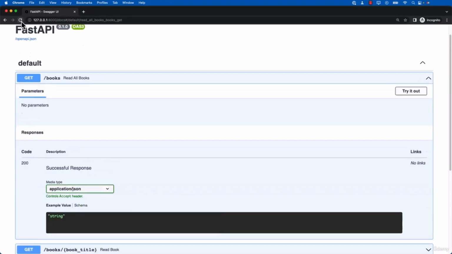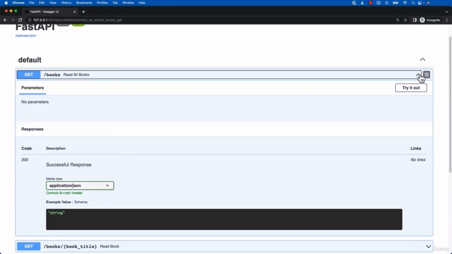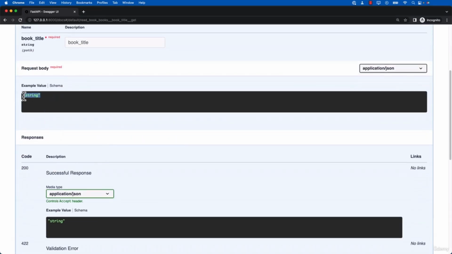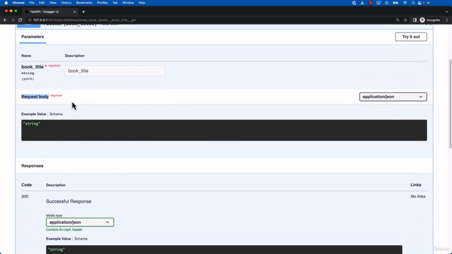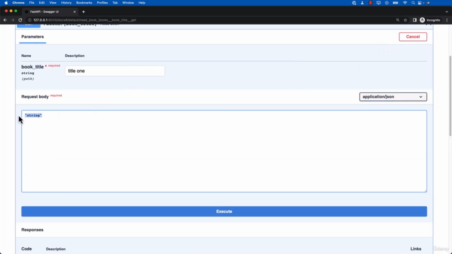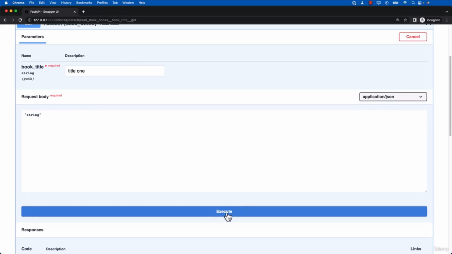So if we come back to our application, we can see that we said search by book title, and it looks like we're going to have our request body because the application still will compile. Now, if we try it out and we say title 1, and we can just leave the request body as a string and we click execute,